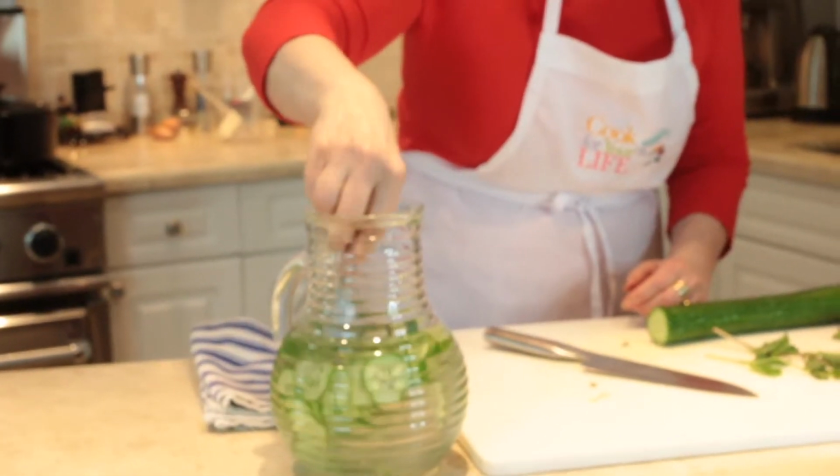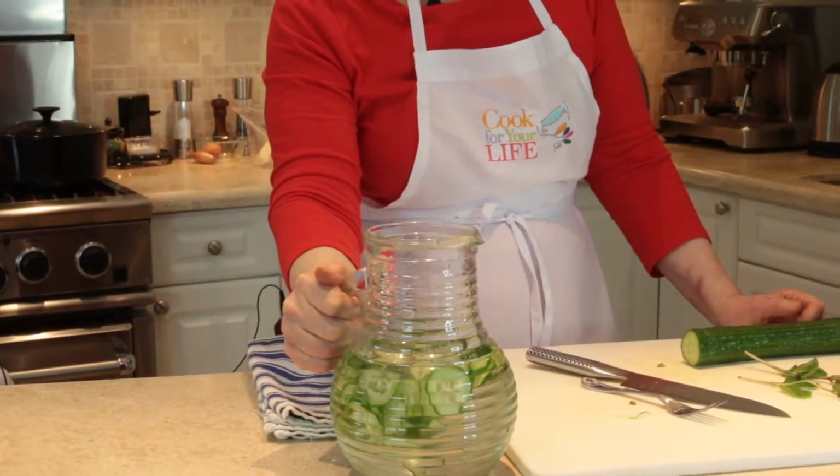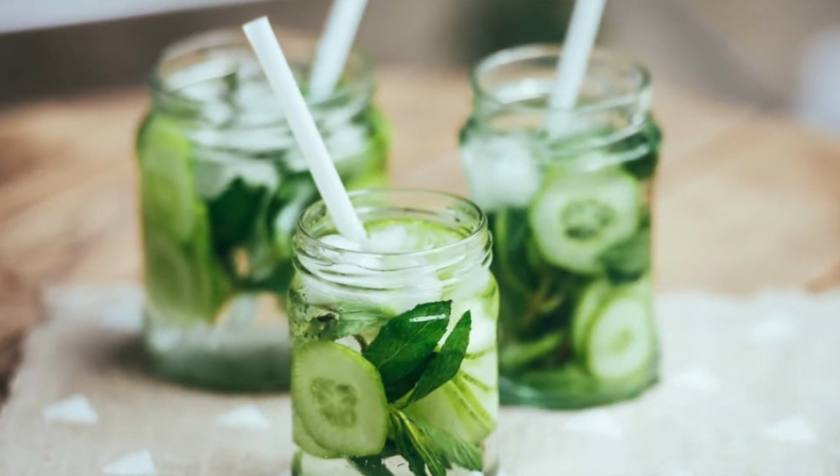Now, I'm just going to put that in the fridge. Leave it for like an hour to steep, and this is just going to be delicious cucumbery minty water,